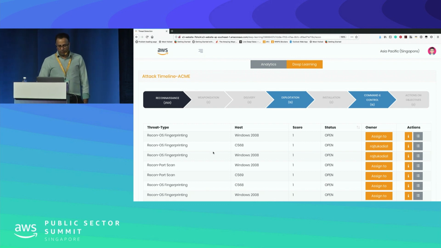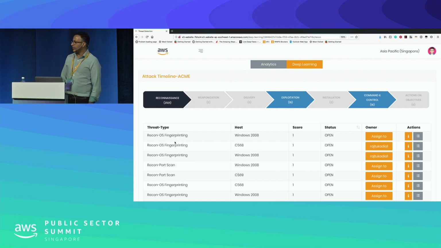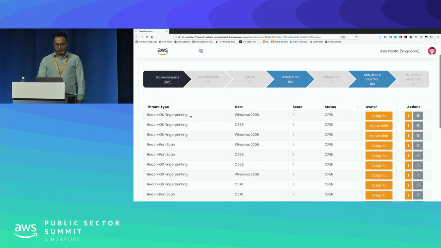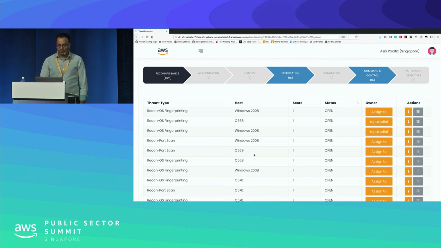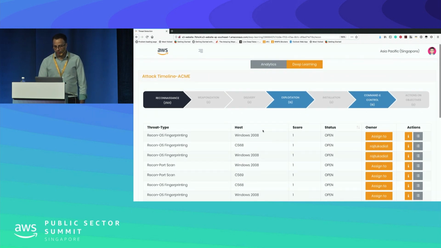So if you see, we've got a lot of findings on recon. This is an actual account where we've been running the tests. We typically see recon is noisy, right? We have a lot of hits and a lot of scans that usually happen. So it will give you the information on the threat type: is it an OS fingerprint, is it a port scan, what kind of machine it was on, and then